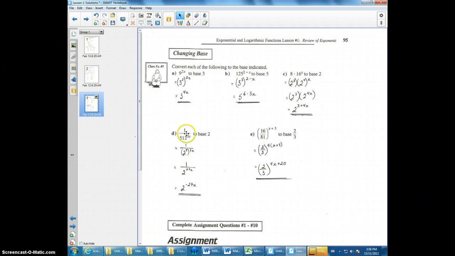Say I want to write 1 over 512 to the 3x to base 2. Well, first off, 512 is simply 2 to the power of 9. So 2 to the power of 9 is 512. Now I have a power to a power,